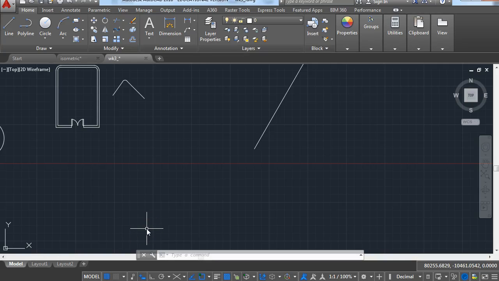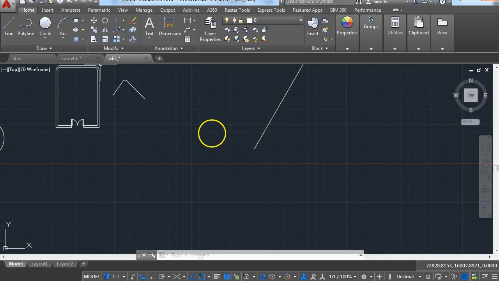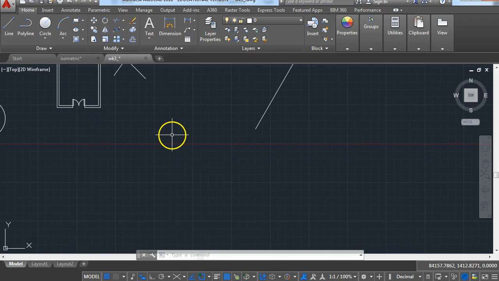ACAD session 6, we're going to have a look at the rectangle tool and the offset tool. Used in conjunction with each other, the rectangle and offset enable you to quickly knock out drawing plans, rapid style. The rectangle shortcut we have is REC,